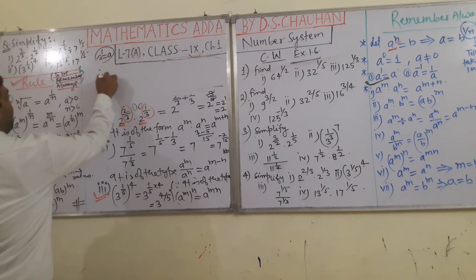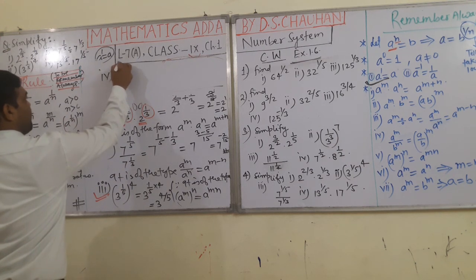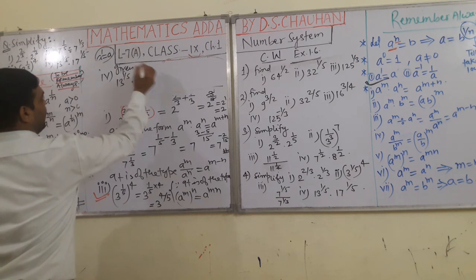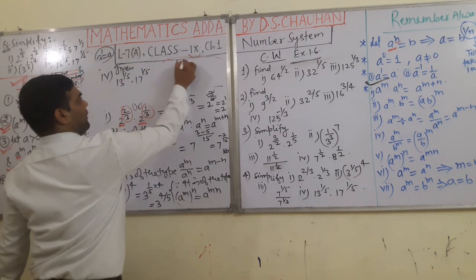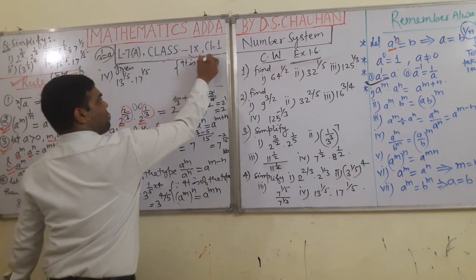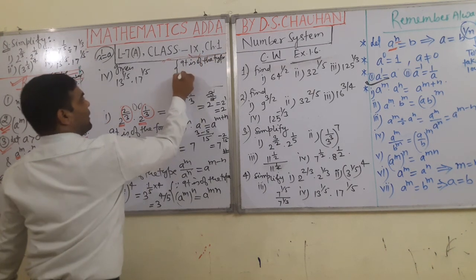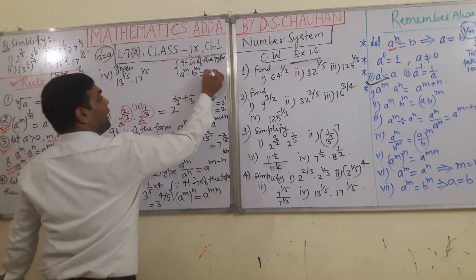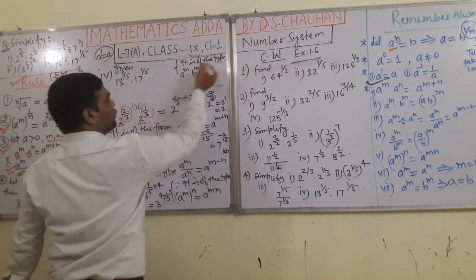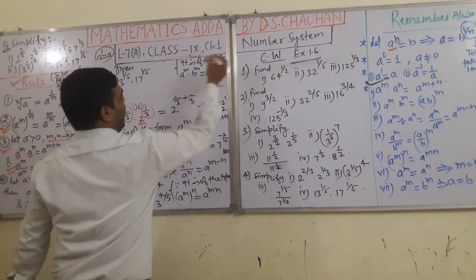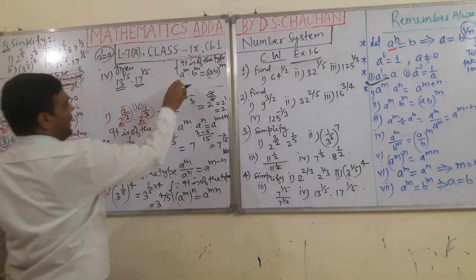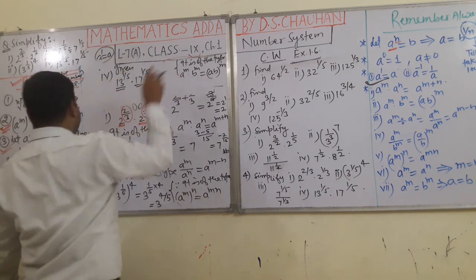This is the fourth one over here. It is given 13 to the power 1 by 5 into 17 to the power 1 by 5. It is of the type a to the power m into b to the power m. It could be the product of the bases over the same power, ab to the whole power m, where a and b both are positive numbers, and m, which is 1 by 5, is a rational number.